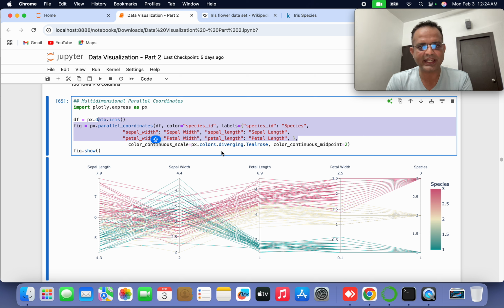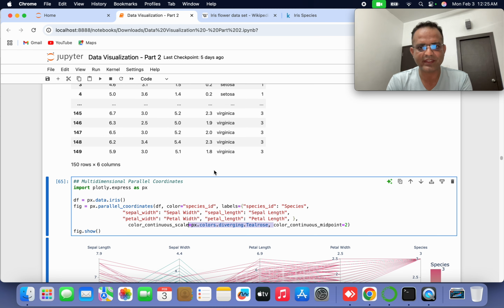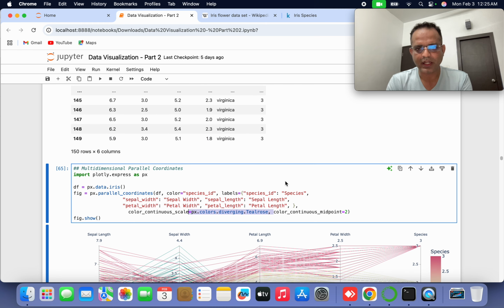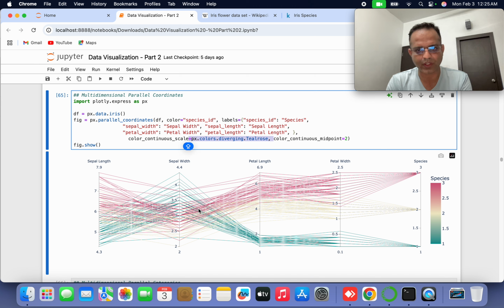Then I am scaling it here, the color continuous scale. I am using px.colors.diverging.Tealrose, color_continuous_midpoint equal to 2. If I make this kind of plot, we can easily understand this red is basically species 3. What is species 3? You can see this is the virginica. And what is species 1? That is the setosa, the green color. And the yellow color is the number 2